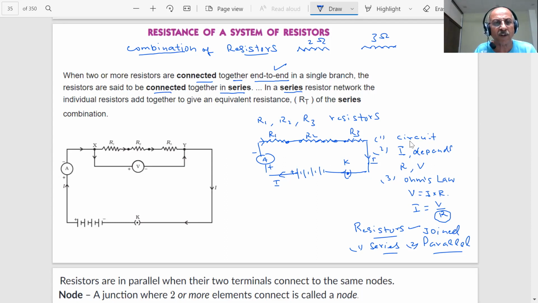How are the resistances connected in this circuit? This is R1, R2 and R3, students. They are joined end to end. What do we call this? Series. This is a series connection. Clear? Any doubt? No, sir. Okay. This is one way of connecting the resistors, in series. Let us see what is the second possibility. You can note down the complete circuit, then I proceed further, students.